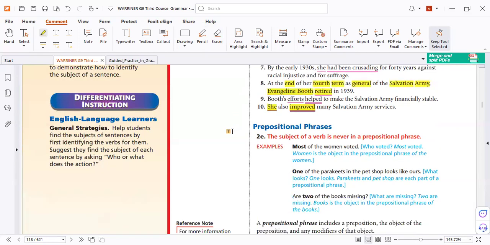Now, we are going to learn a new technique of finding the subject and the verb. What is it? Delete all the prepositional phrases in the sentence, and that can help you to find the subject and verb. Now, let's see what a prepositional phrase is. A prepositional phrase is a phrase that starts with a preposition. So that is the beginning of the phrase. The problem is, what is the end of the phrase? So let's read. Of the woman voted. If you find the verb,